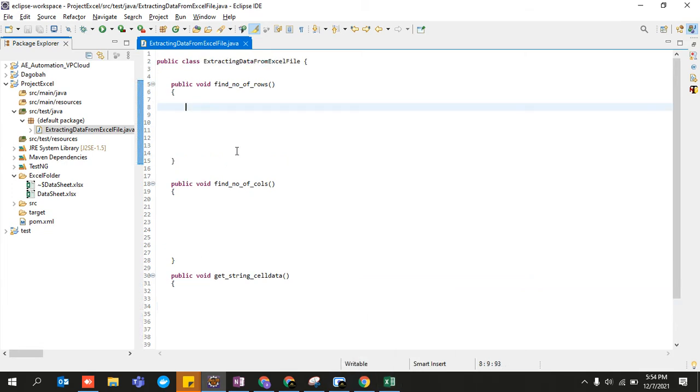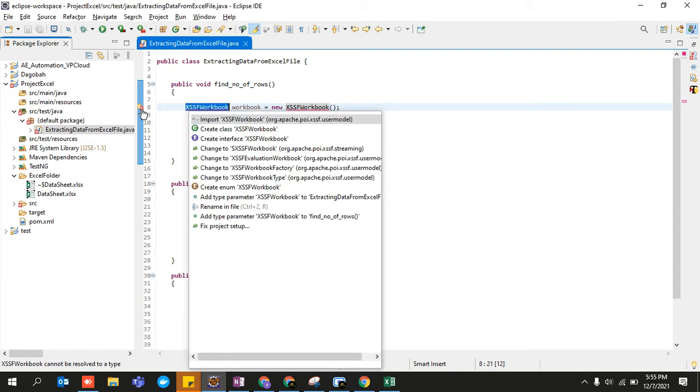Okay, so starting the coding part. First of all, you have to make use of this particular class, XSSFWorkbook, and you need to make an object of this class. Let's say workbook equals new XSSFWorkbook.